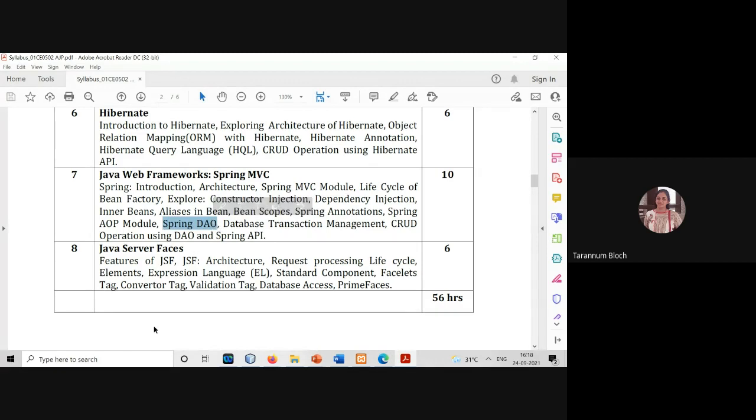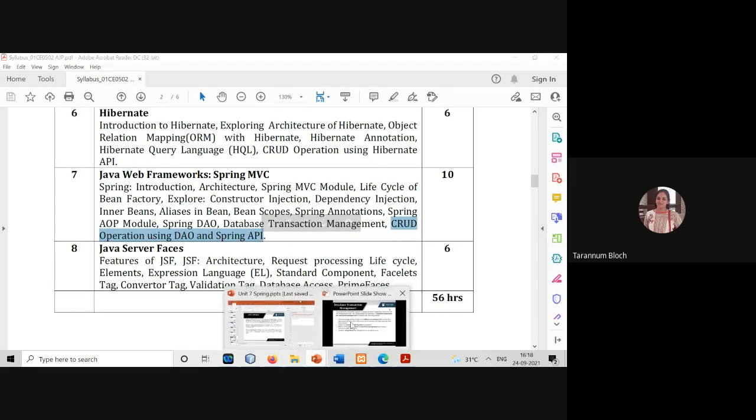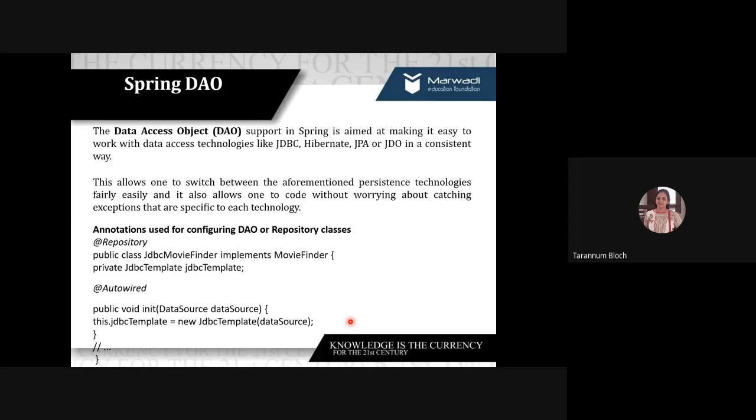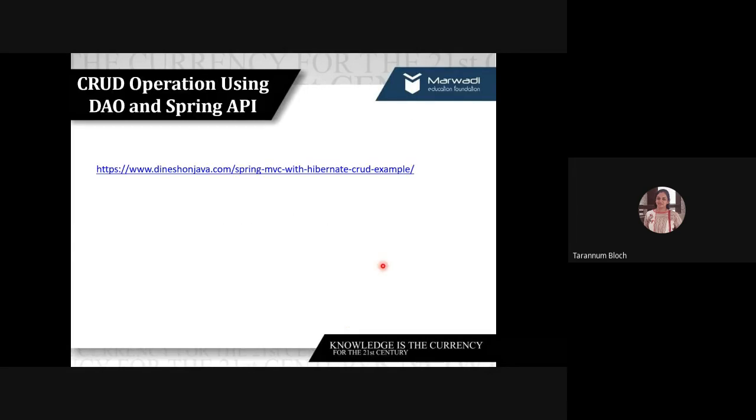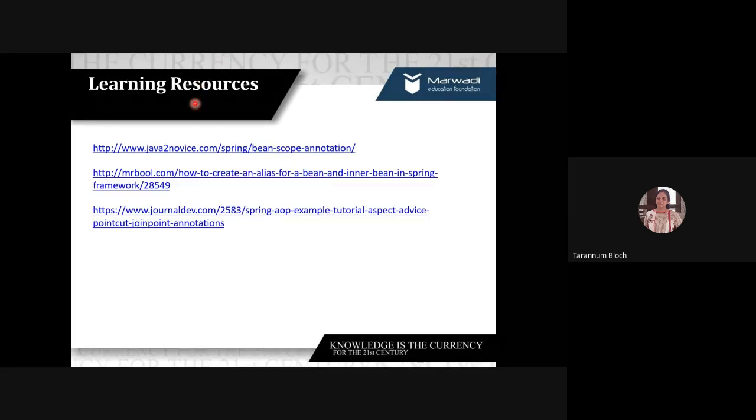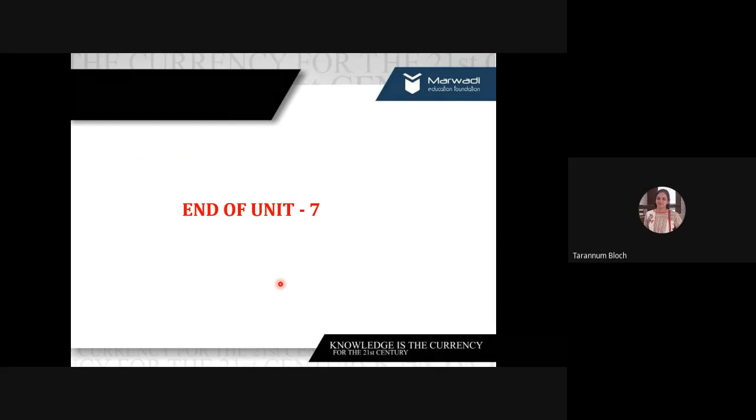I created an interface and I said we will implement it. We have seen the example of transaction management, and for the CRUD operations, right now I have shown you the insert and select. The rest of the things you can see from this. There is a very good example using Hibernate and Spring MVC as well. These are other good resources to understand your chapter. So I want you to go through it. Whatever is the needed thing I have discussed, but still you can explore it more. So that's it from my end in unit 7.